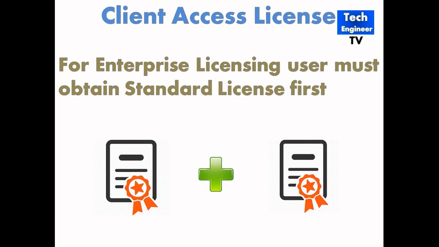First buy a standard license, then you buy the enterprise license. So two keys are required, one standard and the second enterprise. This is needed. First buy standard, then go through enterprise. It's a little bit illogical, but we have to go this way to buy enterprise licensing of